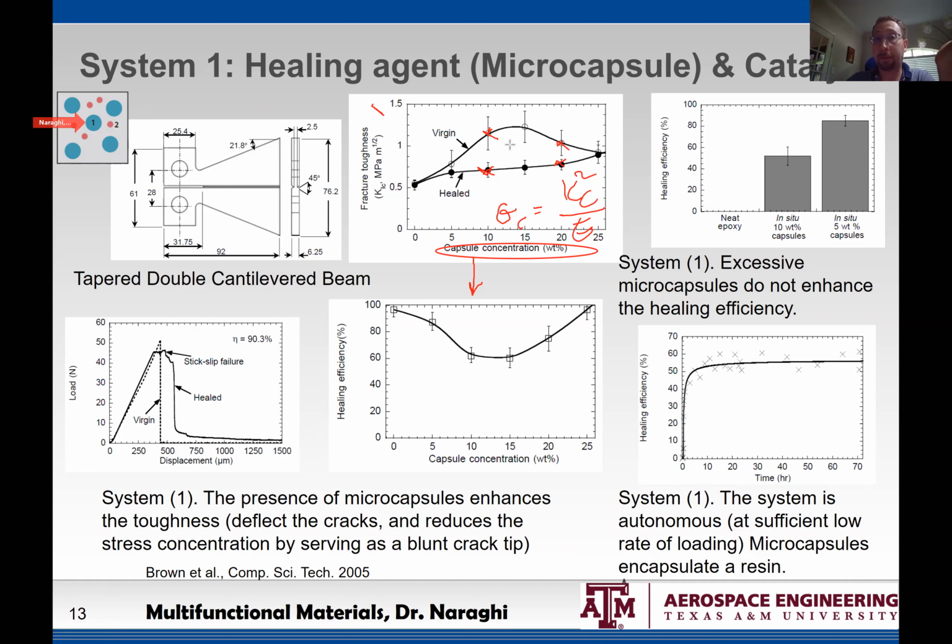Virgin material is the material without capsules. So virgin material should all be here at zero concentration, but it's not. And there's a very good reason behind it. I give a lot of credit to the PIs who did this work, who considered this. And in order to understand that,